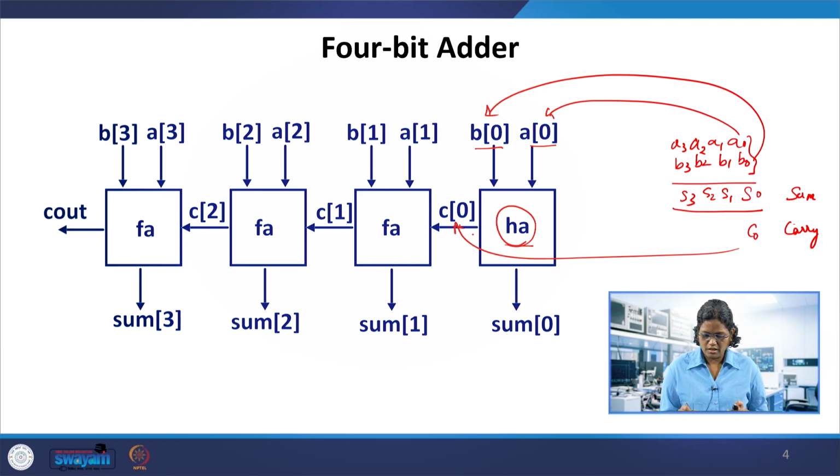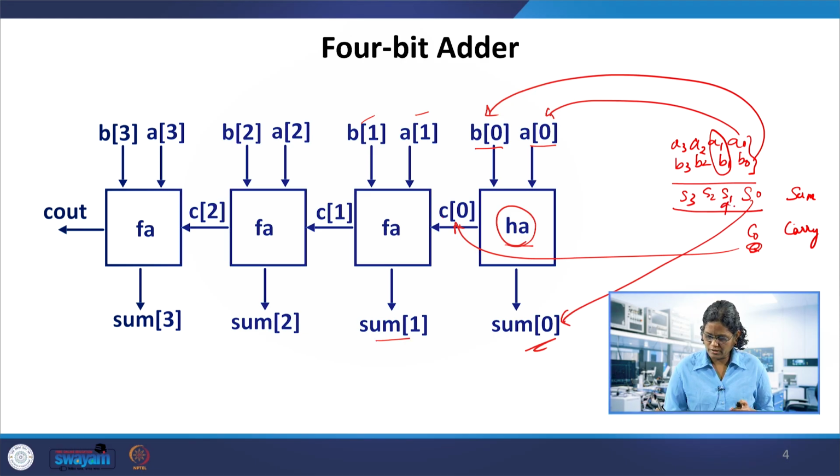If there is a carry, then for the second bit, A1 and B1, the sum is S0, and the next is a full adder, because if there is a carry from the first bit, that would also be taken to the full adder. So A1, B1 are the two inputs, and C0 is the carry from the previous bit. This gives sum S1, the output here.